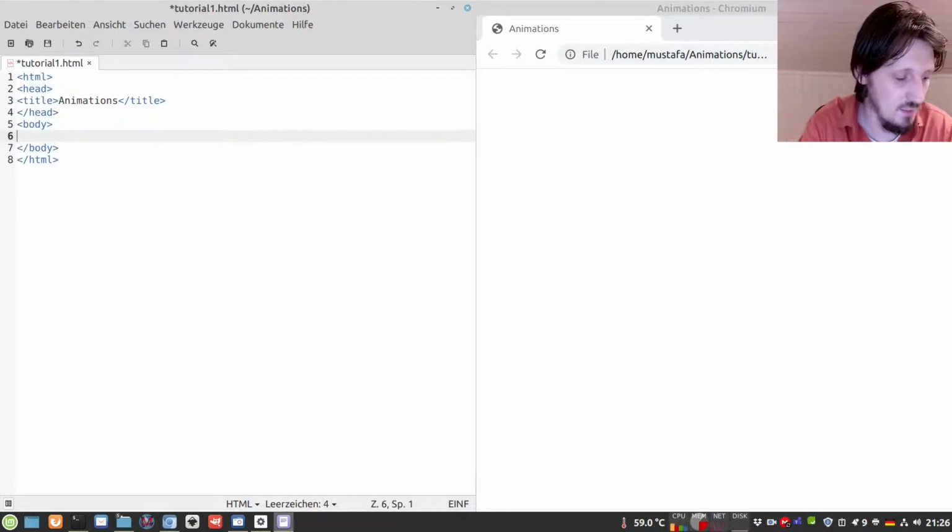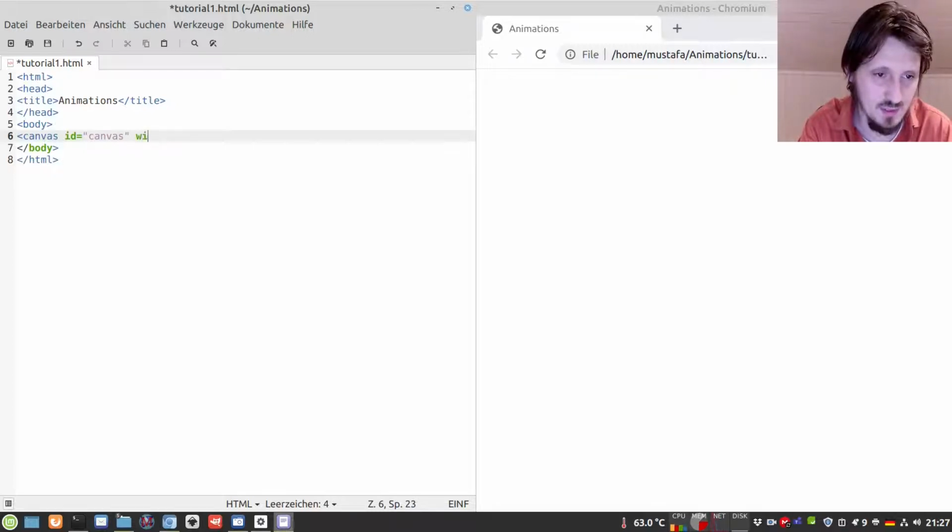Now the thing which I would like to use from HTML5 is the so-called canvas tag. If you don't have a browser which is older than 5 years, I guess HTML5 support should be absolutely no problem. If it does not work, then it would be a good idea to update the browser or to check whether you can activate HTML5 support in your browser. But with modern browsers, there should be no problem at all. I would like to use this because it makes things a little bit easier. Then for this canvas, we have to define an ID, which we can just call, for example, canvas. It doesn't matter so much, but we have to be consistent later, as I will show you.